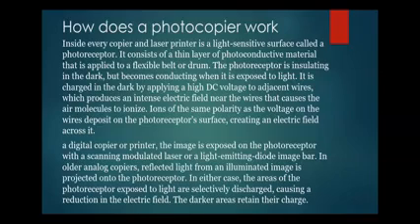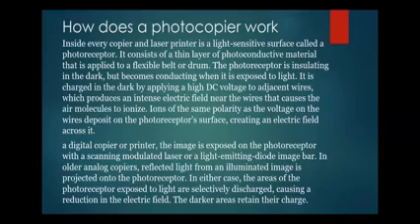It is charged in the dark by applying a high DC voltage to adjacent wires, which produces an intense electric field near the wires that causes the air molecules to ionize. Ions that have the same polarity as the voltage on the wires deposit on the photoreceptor surface, creating an electric field across it. In a digital copier or printer,